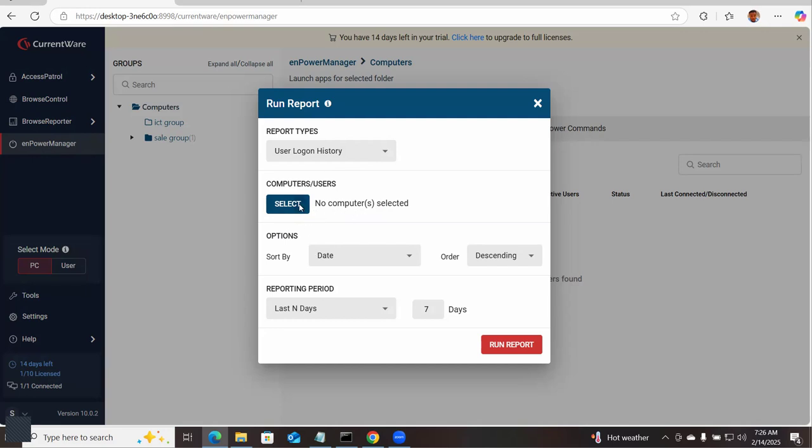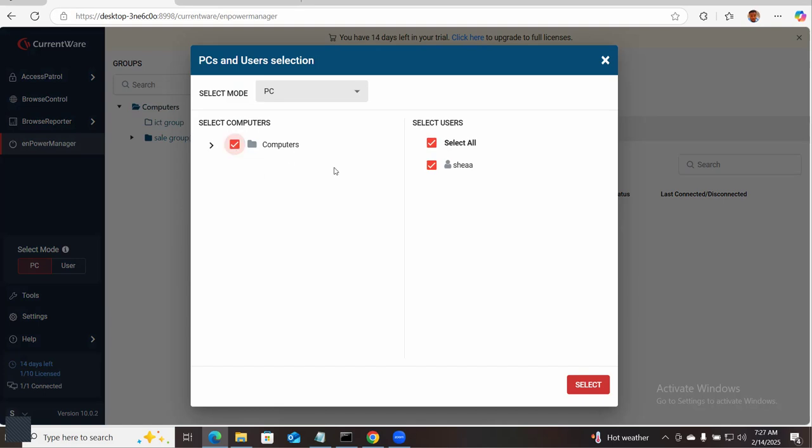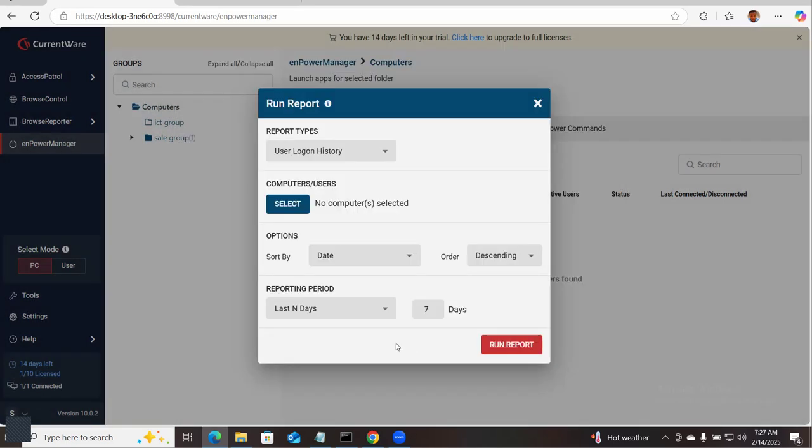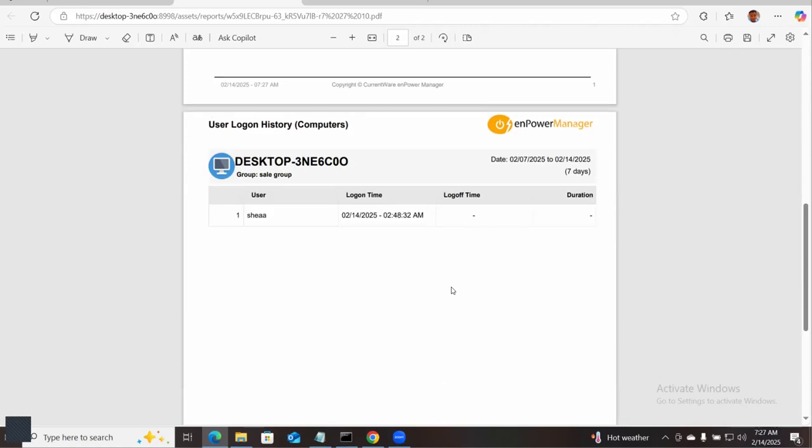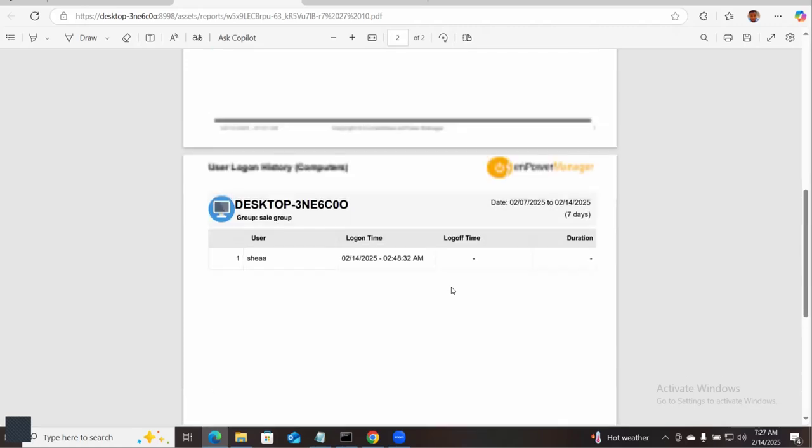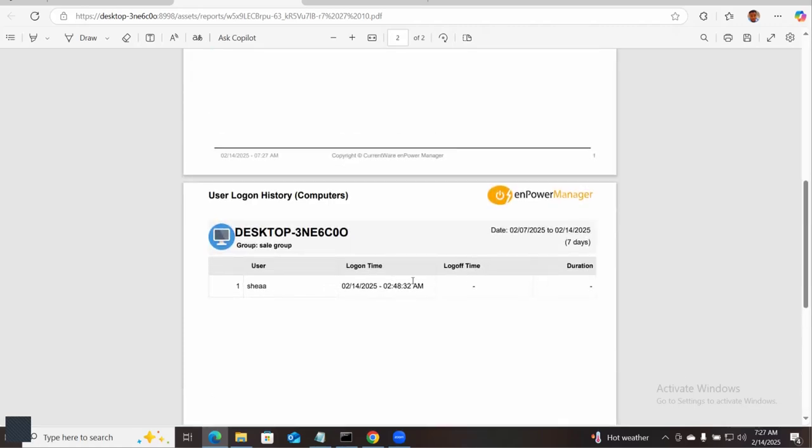So you click on the devices that you want to run the report on, and you click on select. The sort by, is it by date, is it by user? You're going to select it and click on run report. So this is going to run a report on the time that I'm logging in on my system. If I drag down, you will see the time that I log on my system and all